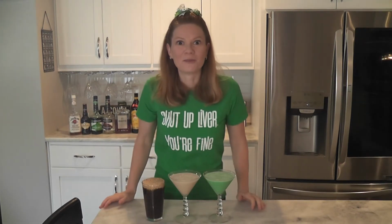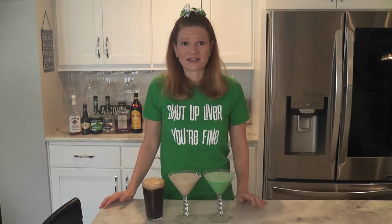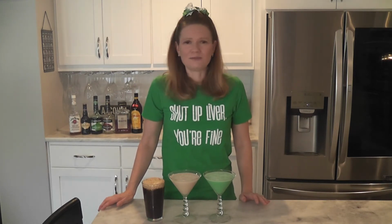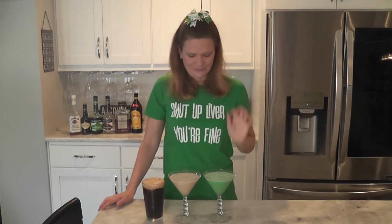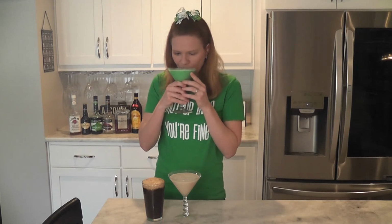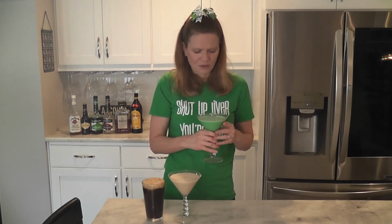All right, it's the moment of truth. It's time to taste each and every one of these beautiful little cocktails. Disclaimer, if I haven't told you before, I am a lightweight. Cheap date, it does not take much. One of these would do me in. So we're just gonna take little sips. Going to start with the grasshopper. Oh man. If you like mint and creamy,